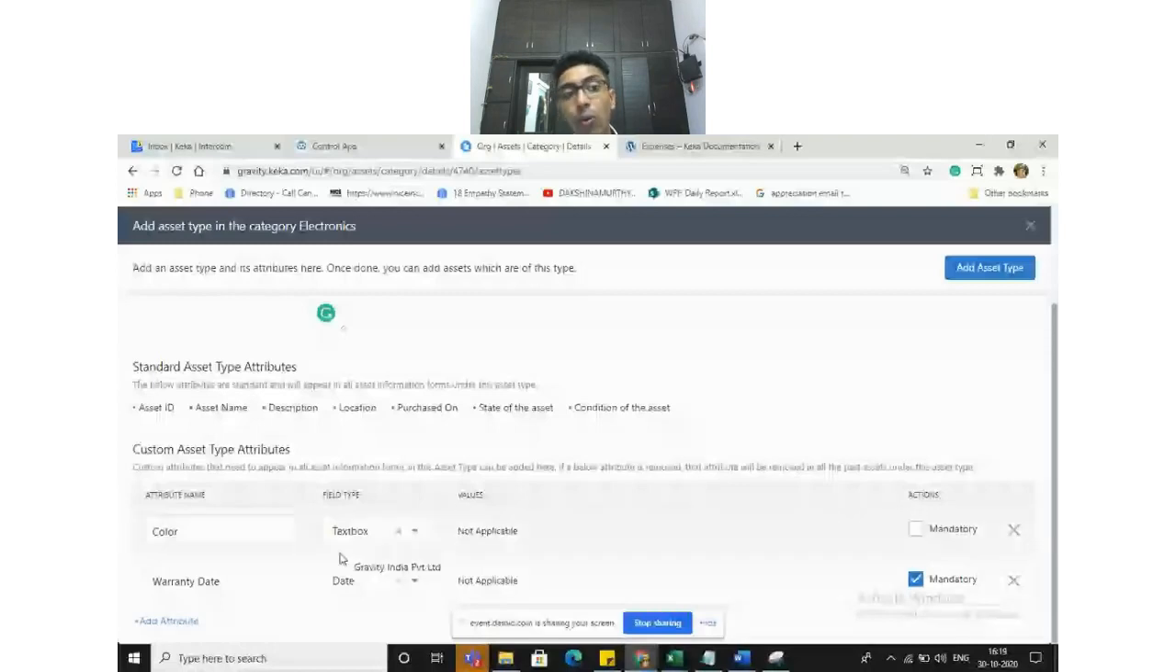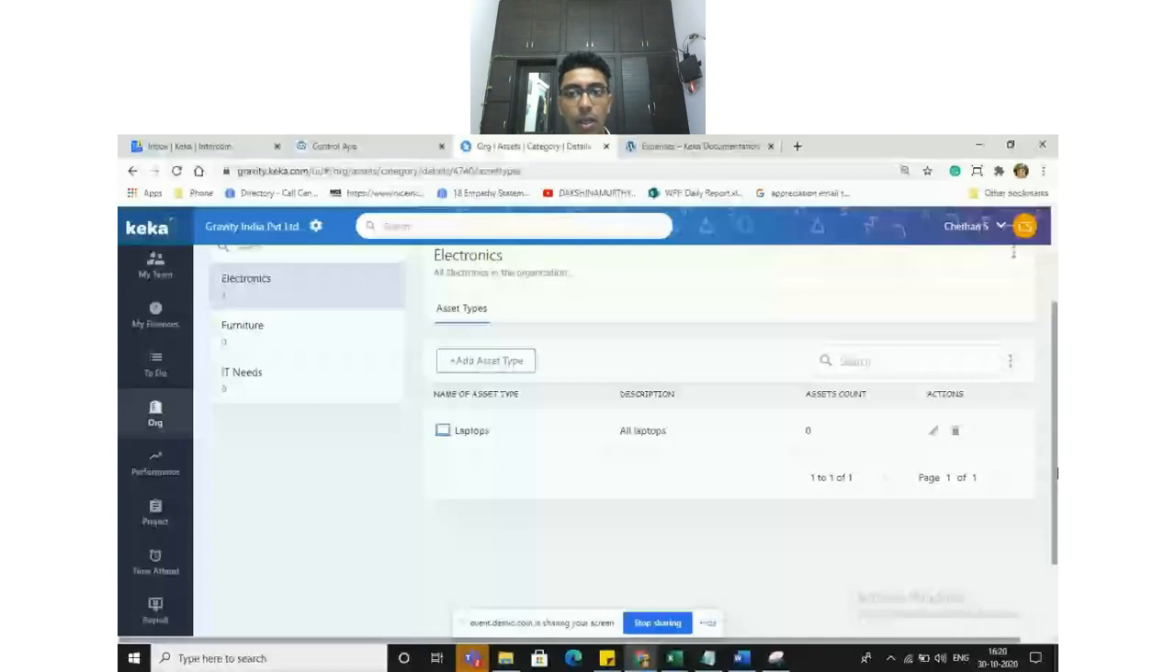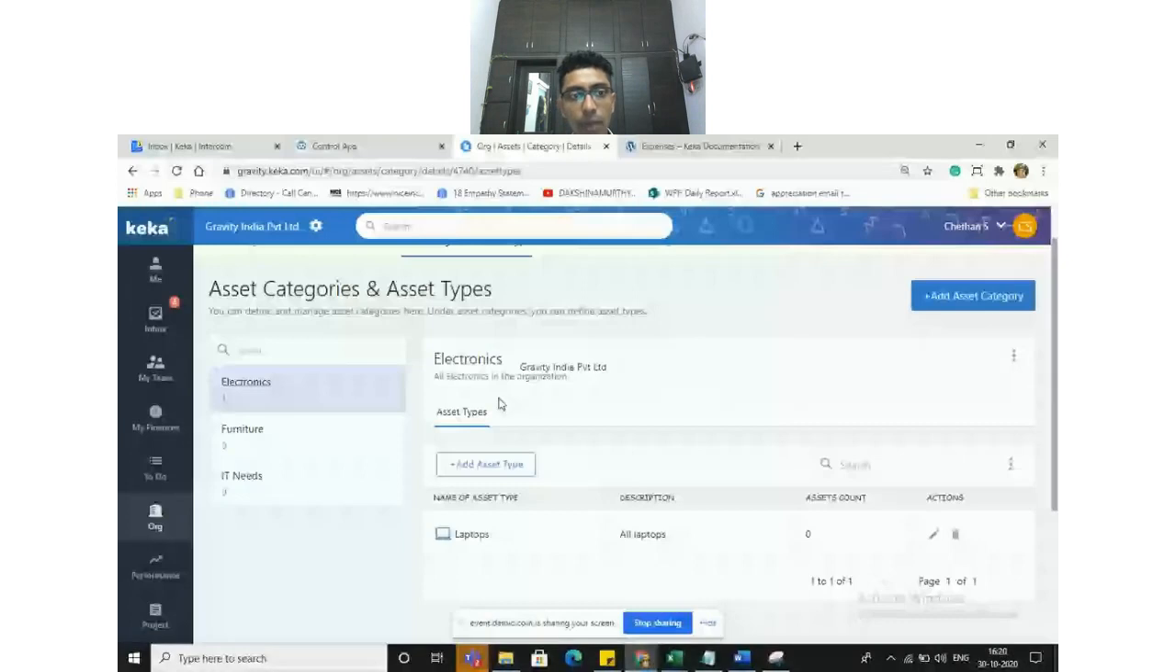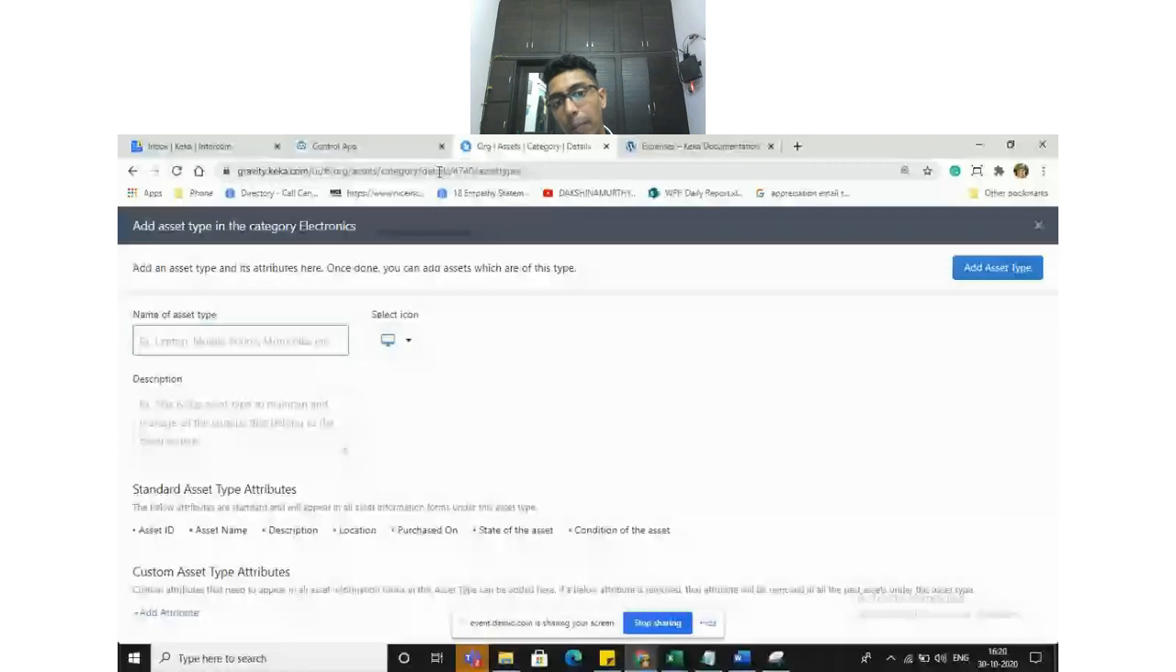You have to analyze what attributes will be helpful to you. It's totally up to the assets manager how he would like to keep track of all the information related to the assets. So Keka is providing you the flexibility of adding your own attributes. Okay, now click on add asset type. This has been added. So we see that electronics is a category of asset. Under the electronics category, laptops is one type of asset. Likewise, you can add, let us say,